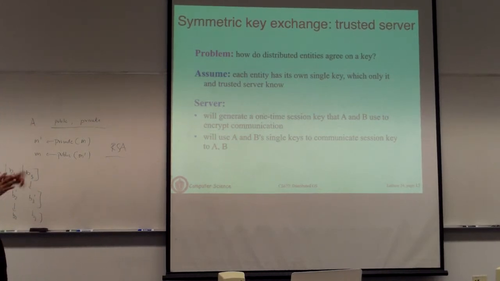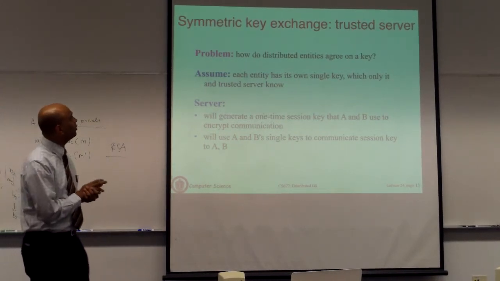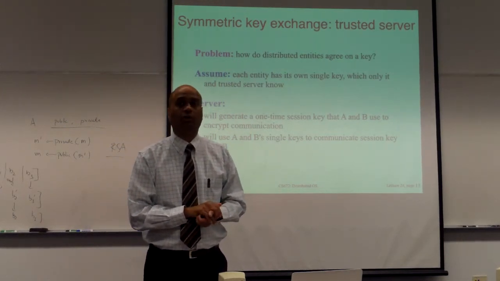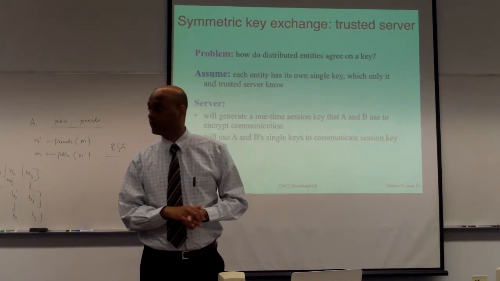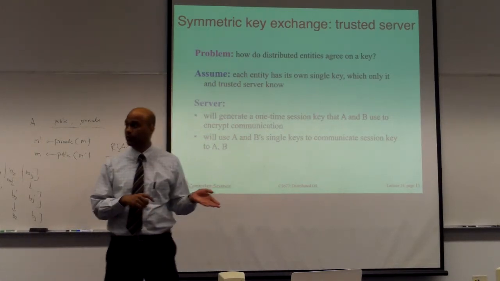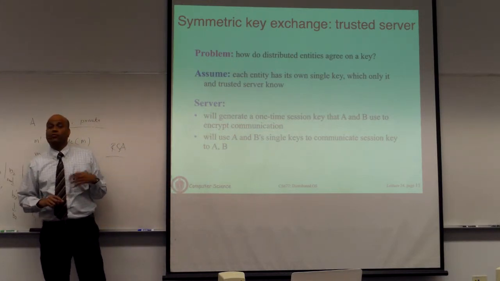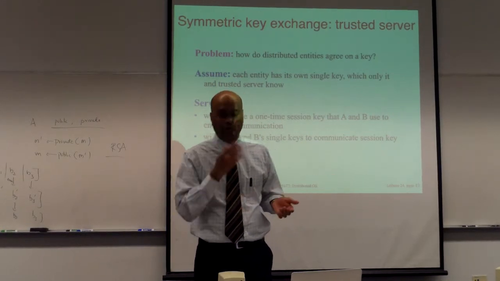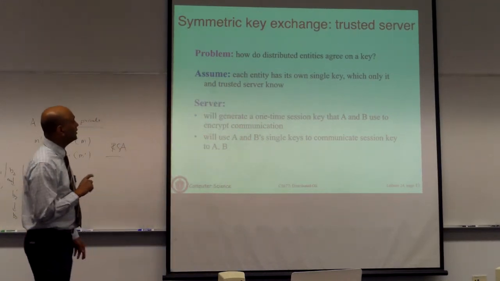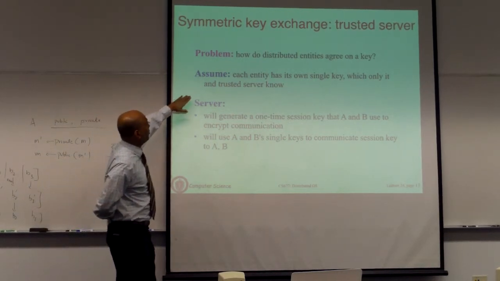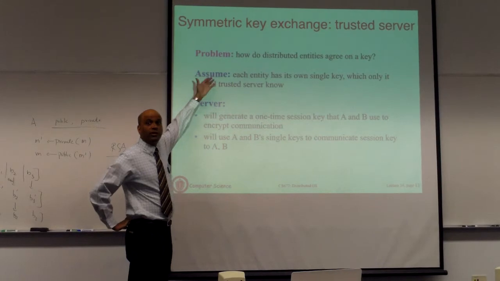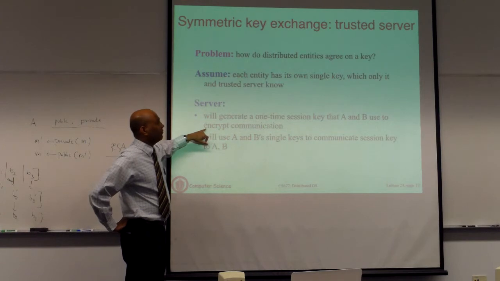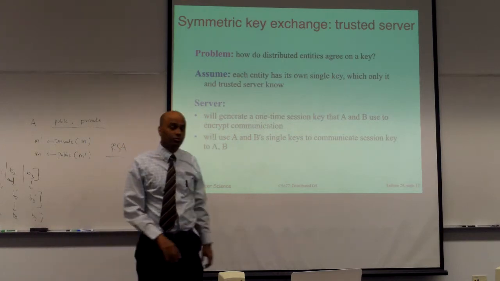With all of that, let's talk a little bit about secure key exchange, or symmetric key exchange. This is how a client and a server would pick a key for encrypted communication. Let's say a client wants to communicate with the server. You have to first pick a key for that session. The question is, how are you going to pick a key? You're going to base that on a few different ideas, and we will see how to do this. Our problem is that before you communicate, you have to agree on the key. So the server has to generate a one-time session key that Alice and Bob are going to use for encryption, and then you are going to use that subsequently.